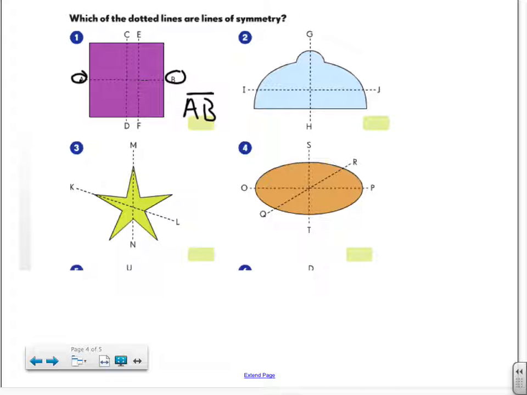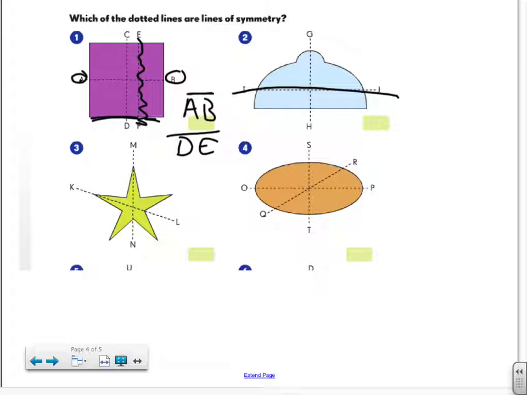DC, what do you guys think about that one? I think that looks symmetrical, so I would write line DC. Ooh, FE, look at this: this side's short and this side's really long, so FE would not be a symmetrical line. Number 2 has this shape, and if I were thinking about it, if I cut it in half this way,